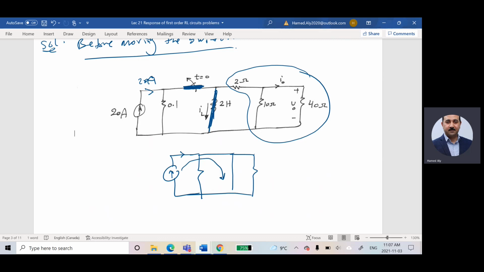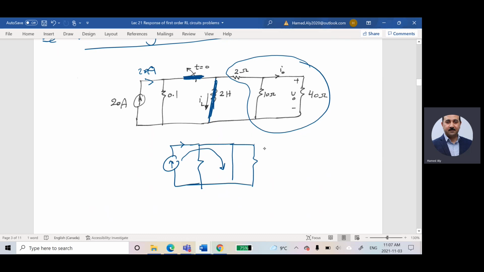So what is the initial current? IL of 0 is equal to 20 amps. So I can say based on that, IL of 0, negative or positive? Actually, I'm calculating negative right now, but it is positive as well. So I will write it IL of 0, generally speaking. So IL of 0 should be equal to, based on that,